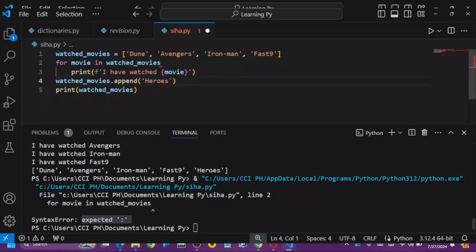If I do it like this, it's not going to treat it like that. But if I put this in the same indentation block, like this,